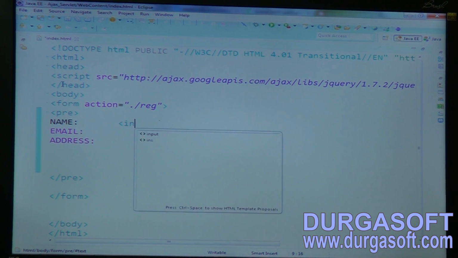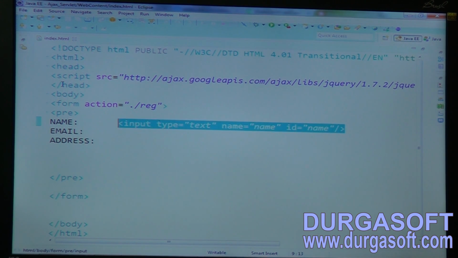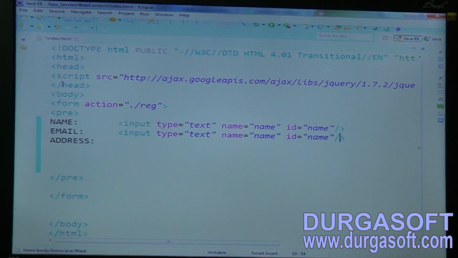Create your input type text with parameter name, and using ID you can read your name data in Ajax. Use name here, and for email input type email, ID email, and for address a text area, 5 rows and about 15 columns, and parameter name address,